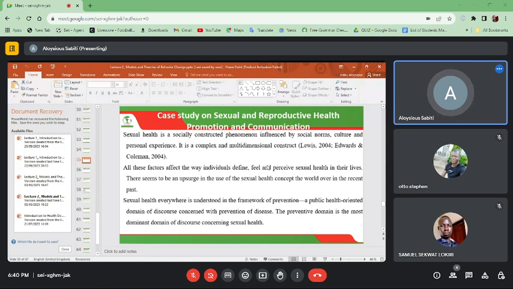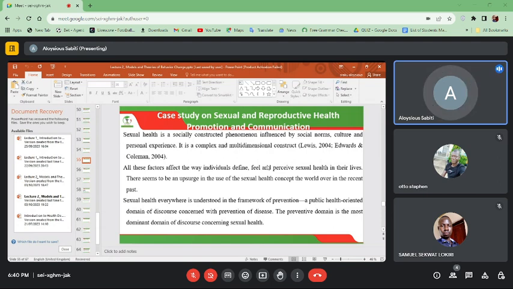So we're trying to define for you here sexual health in terms of its social aspects, and like we said before, the attitudes and behaviors of individuals either towards a disease or towards a sexual health aspect are influenced by these social norms, their cultures, but also their personal influence, that is well determined in the health belief module and in the socio-ecological module, how issues around evolve and affect an individual's health behavior. So that is simply what this statement is meaning.